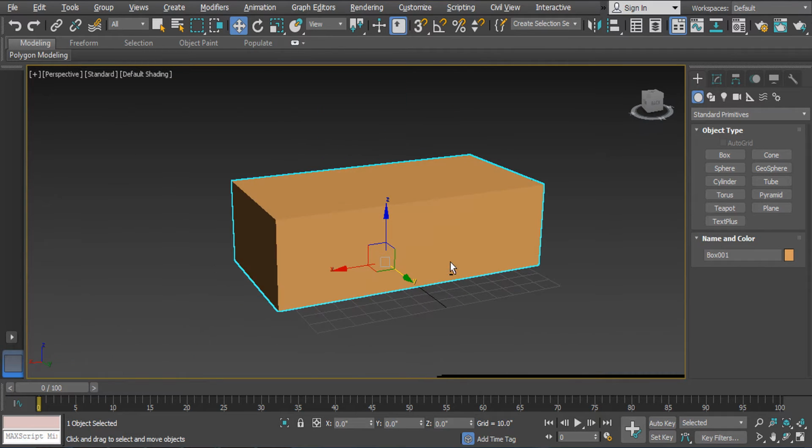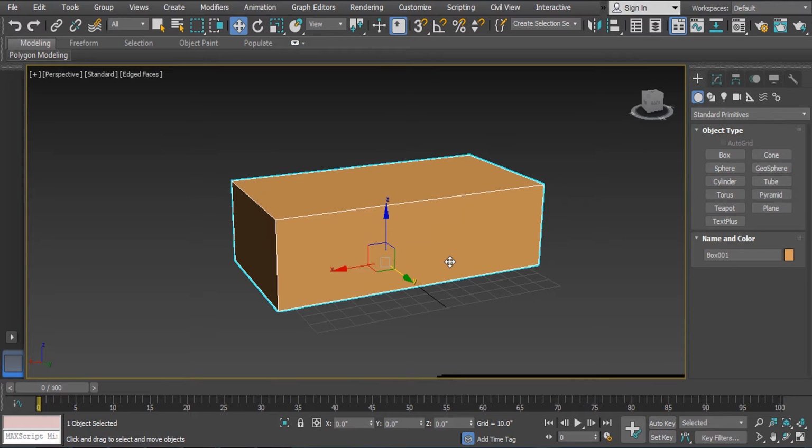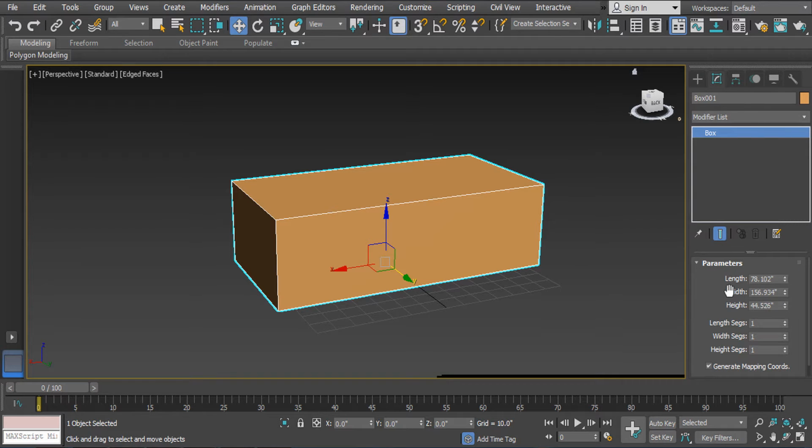Okay, and F3 makes it possible to see an object in line mode. F4 means you can view an object's mesh with the lines. I created a box already, and once you press F4 on the keyboard, the mesh with the lines is visible right now. So once you click on modify here, you can view the values,